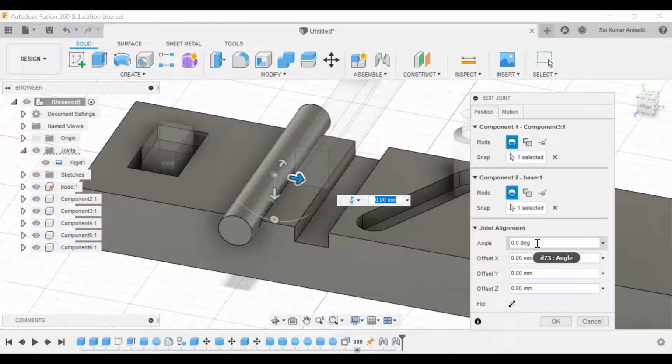Base angle is 0. That means all the dimensions should be 0 by default. See, if I go with 1 degree over here, or else if I give 10 degrees over here, that means my reference is 10 degrees, not 0. These are reference elements. Don't disturb these reference elements. These are not limitations. Again I repeat, these are not limits for your joint. My reference is always 0, x offset is always 0, y and z are always 0, unless and until you necessarily want to give 10 degrees as your reference.